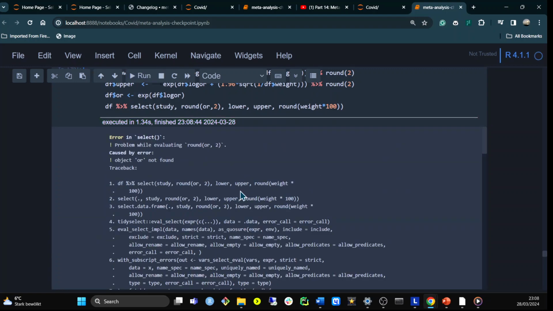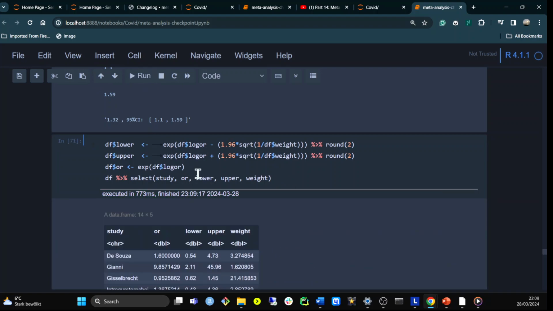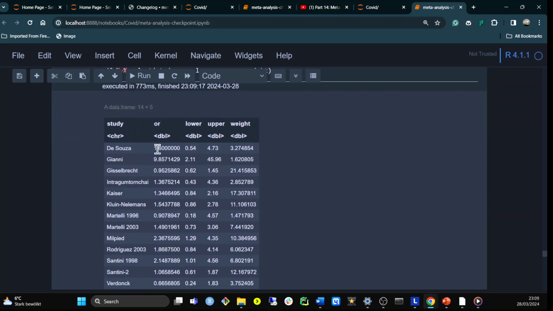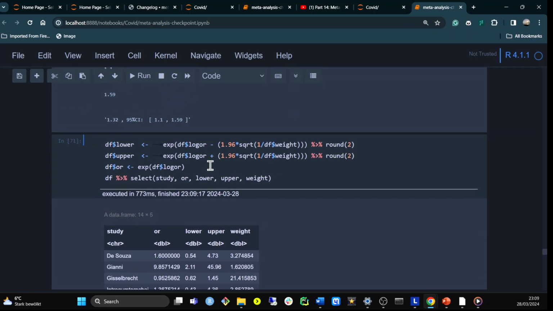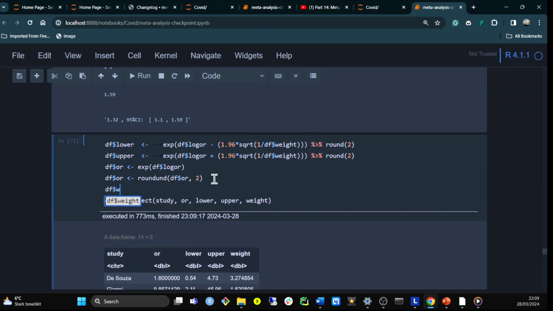Yeah, there must be some error here. Round, weight, somewhere OR not found. Yeah, okay, let me leave this rounding because I'm putting it inside the select function. Maybe that's the reason it's not working. Yeah, let me close this again. Or maybe I can actually multiply it. Yeah, no need to do that. Anyway, so we have the weight, the odds ratio. Maybe let me do this, round df odds ratio, and then the weight, df weight,